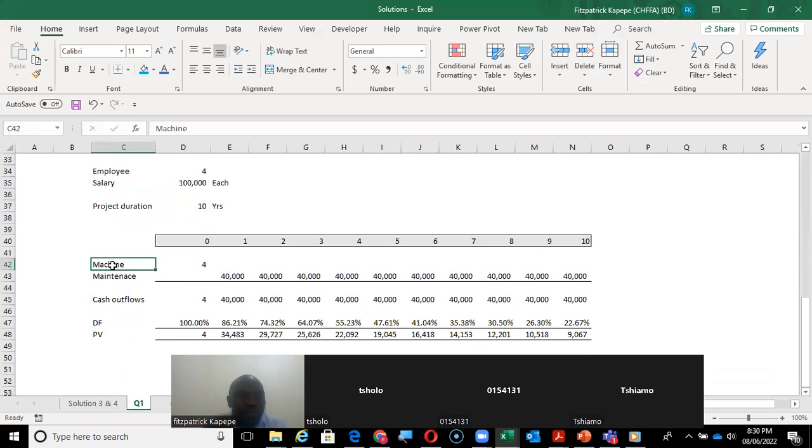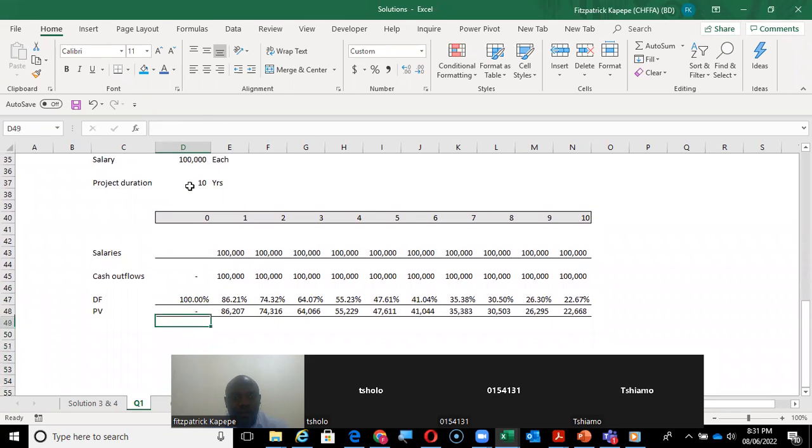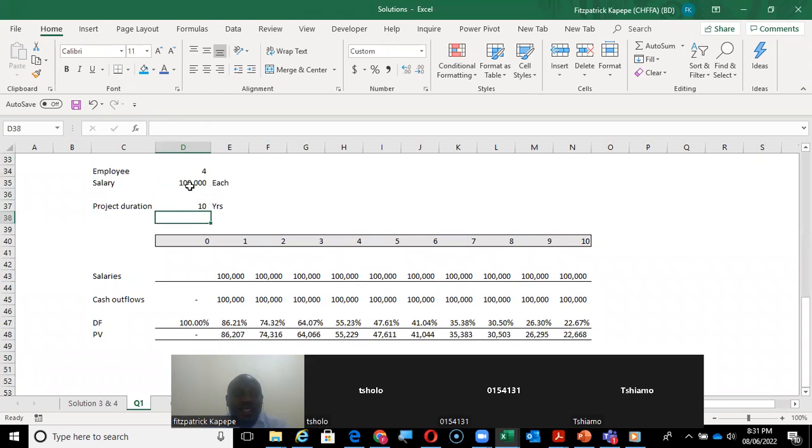So here now, what we'll do, we'll remove this. We'll just come here and say salary or salaries. So from here, we have the salaries. What is it? 100,000 every year. Okay. What else? So we have 100,000